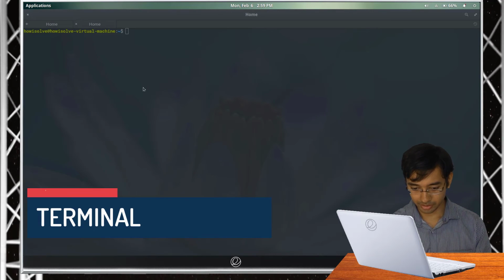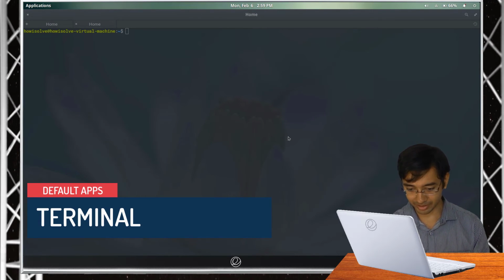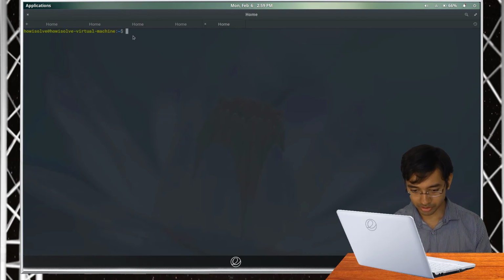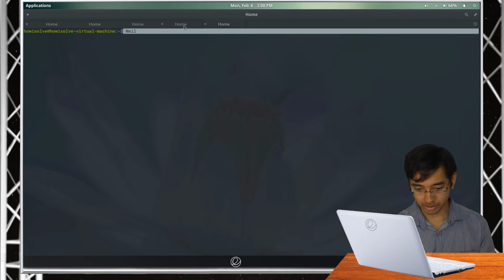The terminal is quite nice, I like the black translucent appearance, and it also allows tabbing. Like if you want to add one more, you can click over here, and out of the box it supports copy paste with normal shortcuts. Like if you wanted to copy, you can select it and then you can paste it over here.